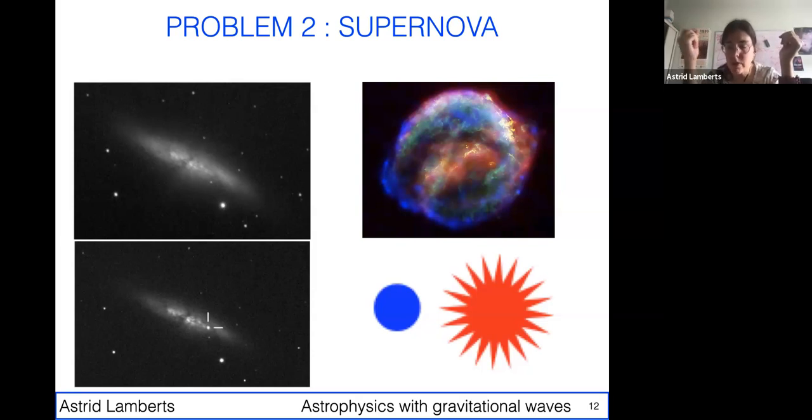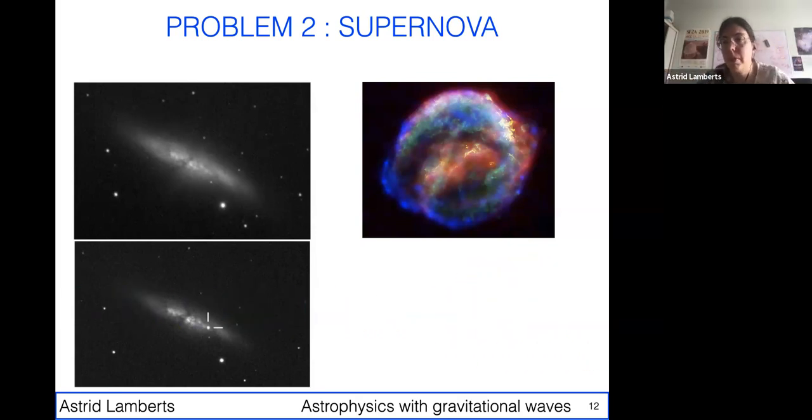Also, the explosion mechanism of a supernova is probably not symmetrical. And so these two things combined mean that the black hole or the neutron star that you have formed when your supernova exploded is going to receive a kick. And if you have your binary and one of the objects gets a kick, it might very well break your binary. And if you break your binary, well, you're never going to get a merger. So this is one of the main things that stops the formation of compact object mergers. It's a quite uncertain process, and it's one of the knobs we tweak when we're trying to adjust models to the observations we have.